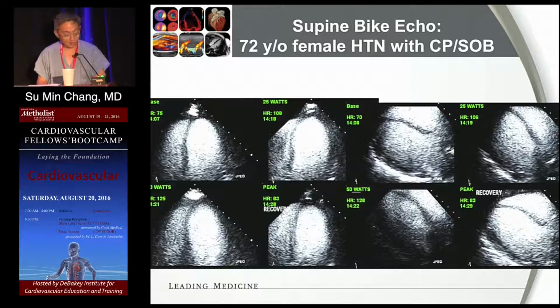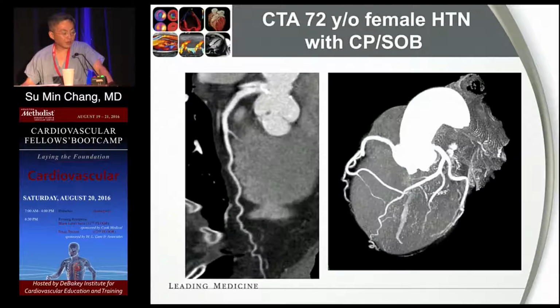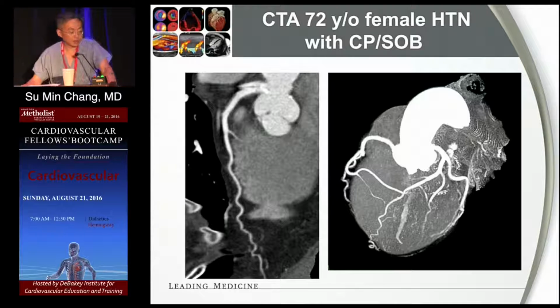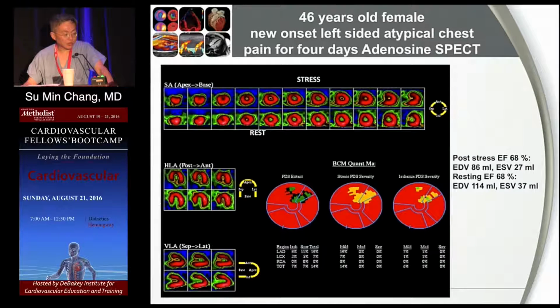Okay, for sake of time. So this is a patient who underwent a bike echo, had very subtle changes in the apex and basically CTA. An old day patient would have gone to the coronary angiogram, but nowadays with the coronary CTA, you can very comfortably tell the patient that the changes are probably due to blood pressure changes during the stress test. Or this patient who underwent myocardial perfusion imaging with an anterior defect